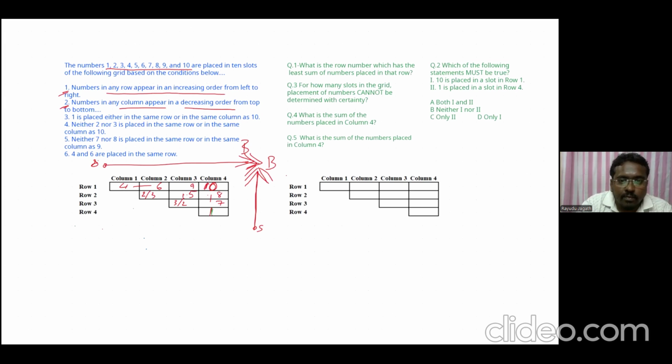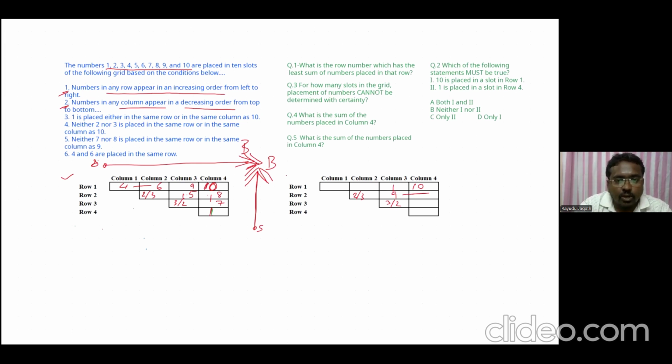So this is one final case, and other cases we are checking. This is 2 by 3, this is 3 by 2, and if it is 9, what happens? This row and this column cannot be occupied by 7 and 8. So 7 and 8 should be